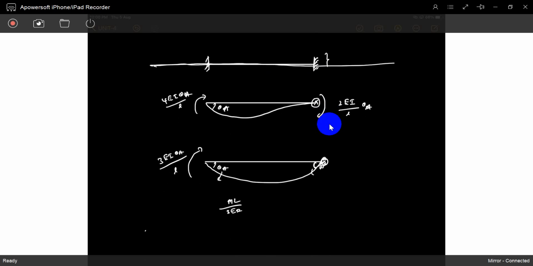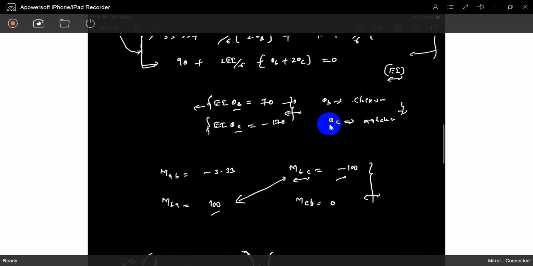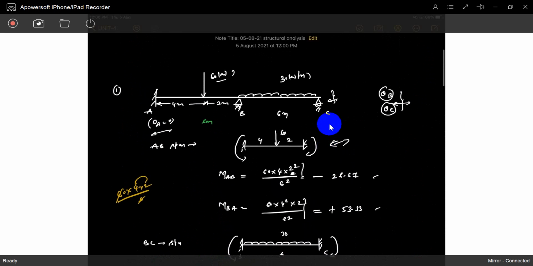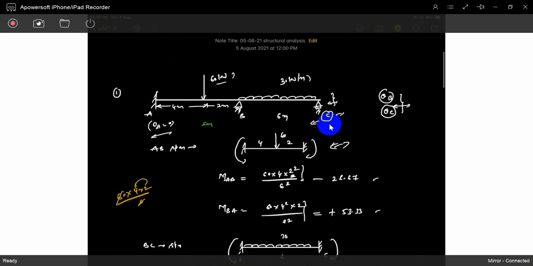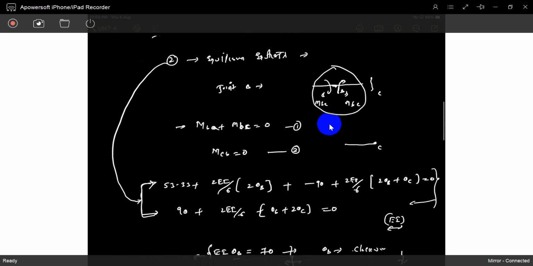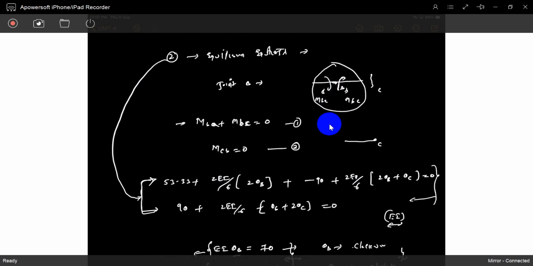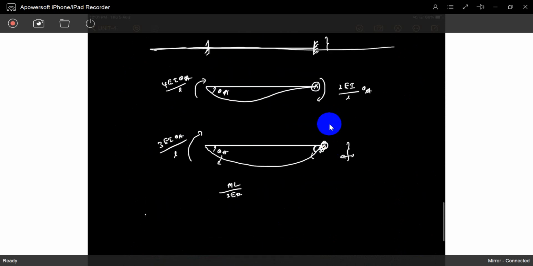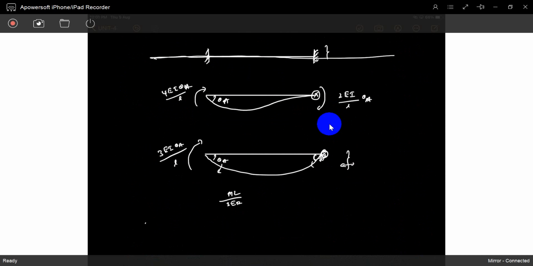If you take this into consideration, you can reduce this problem to only one indeterminacy. We can avoid this θc. You can find everything in terms of only θb. Just find θb and you can find everything. We can reduce the total indeterminacy from 2 to 1. How? I will explain. Some textbooks write this shortcut, but if you are interested, do it.